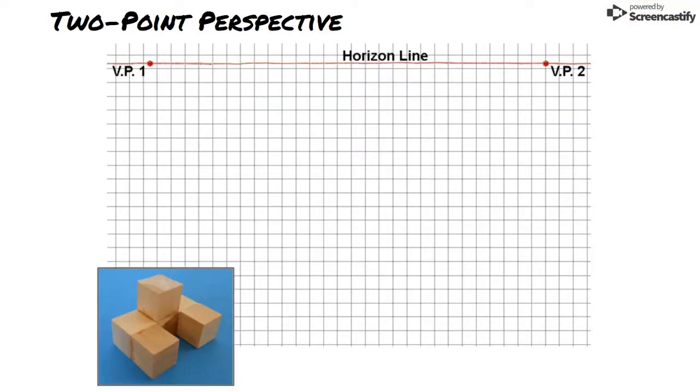Like last time, start by sketching a horizontal line across the upper portion of the paper to represent the horizon and identify two vanishing points. The vanishing points should be placed toward each end of the horizon line. Then sketch a vertical construction line to represent the front edge of the object. The construction line can be drawn below, above, or through the horizon line. Locate 2 points on the construction line to represent the top and bottom corners of the box within which the object will be sketched.